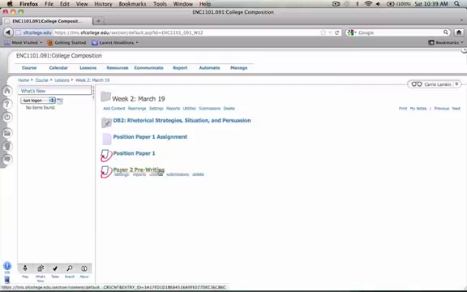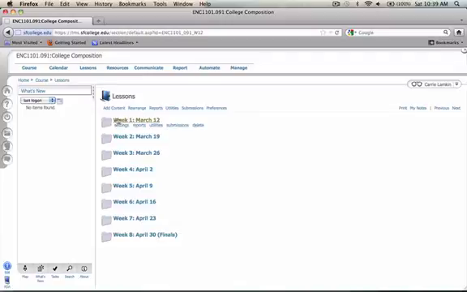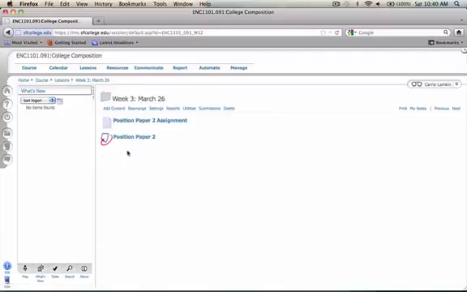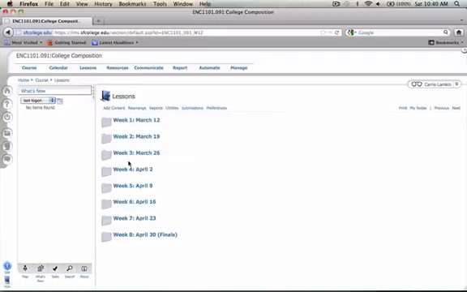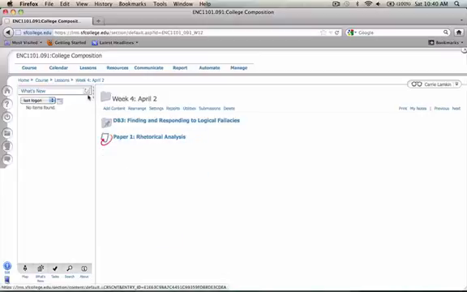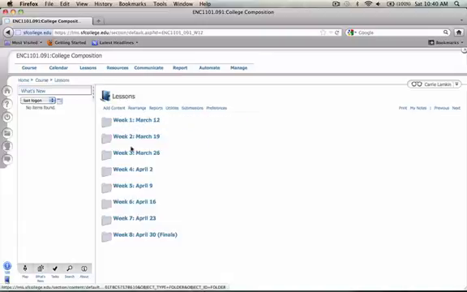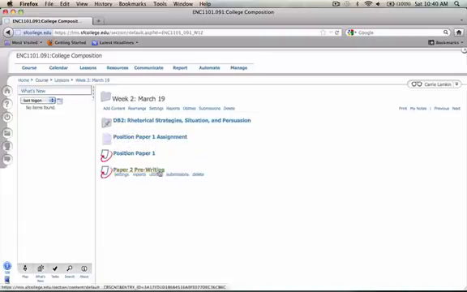It's pretty simple. Every individual writing assignment will have a different Dropbox. So for week 2, you have 2 different Dropboxes. And if we head to week 3, you have one, and week 4 you have another one, and they all have individual titles. So for example, you noticed in week 2 you have a pre-writing assignment, which is an assignment, but it's not exactly a paper assignment. And then you have position paper 1, which is a paper assignment, a 1-page paper assignment as described in the syllabus. So they're going to have unique